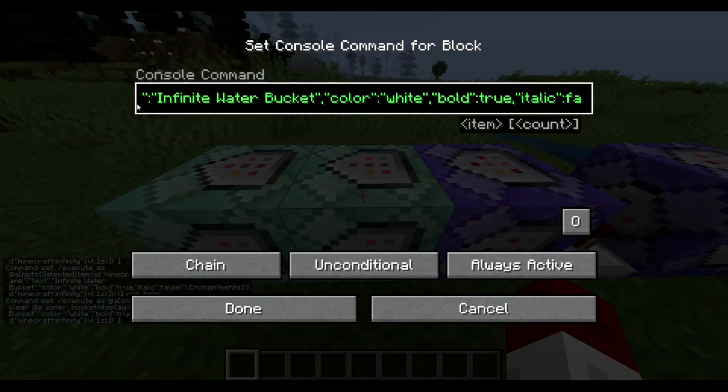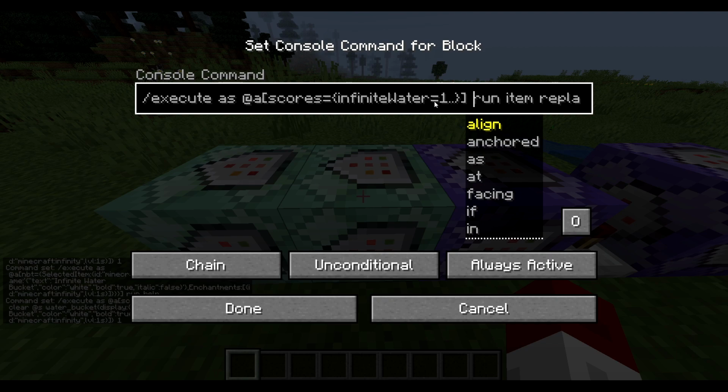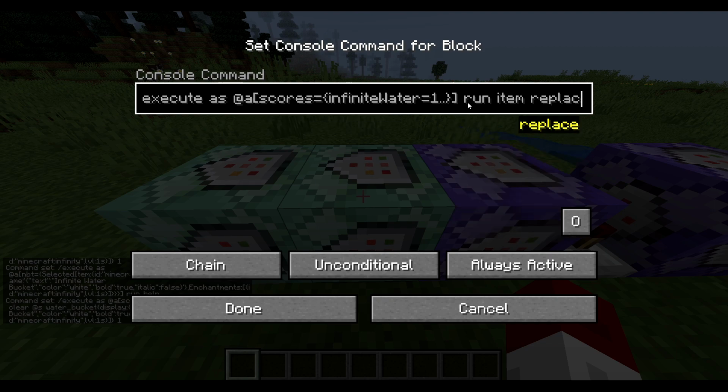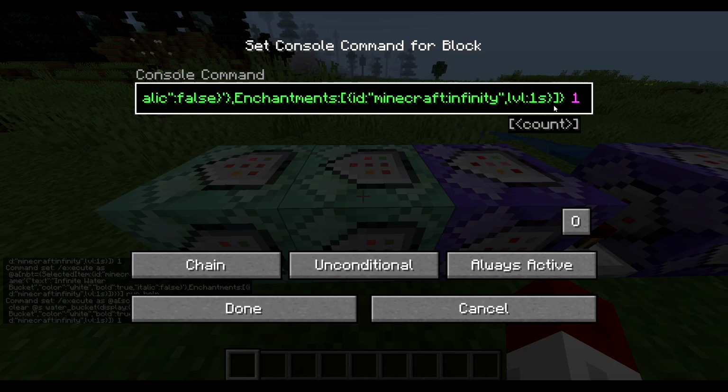Immediately after that, following the chain, it executes as all entities, same thing, whose score is 1 or greater. It runs item replace entity, once again on the player it's executing at, their weapon main hand. This is why we have 2 different command chains, because this one deals with the main hand. So it replaces their main hand with, you guessed it, a water bucket whose name is infiniteWater. Once again, that's just your MC stacker command that you need to paste in there,